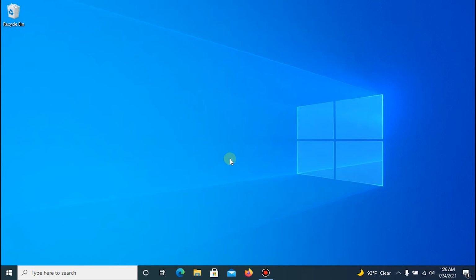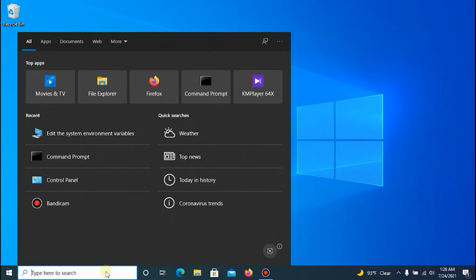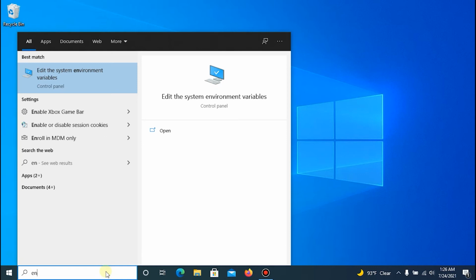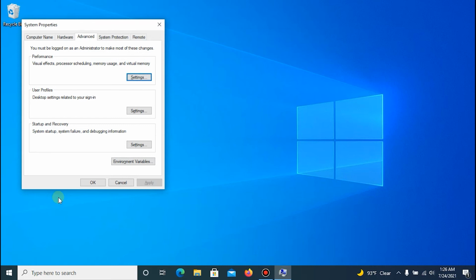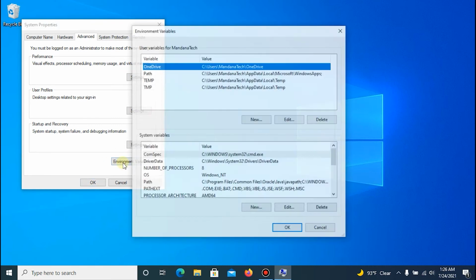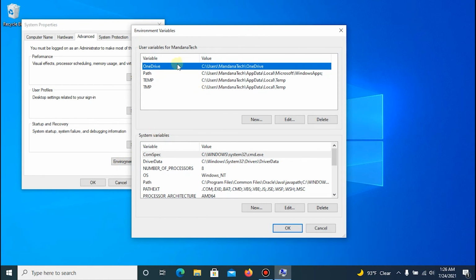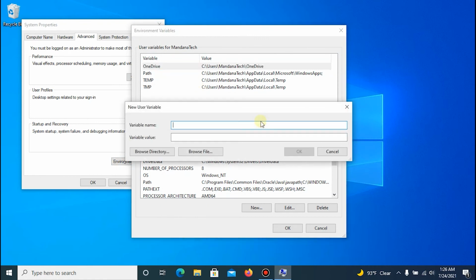And the last step is configuring environment variables in Windows so that we add the Spark and Hadoop locations to the system path. We set the environment variable first for Spark.